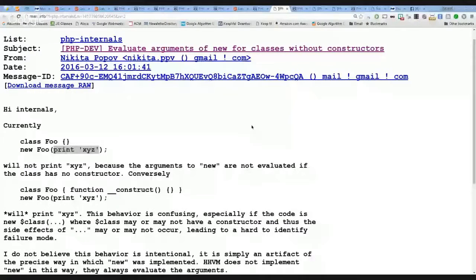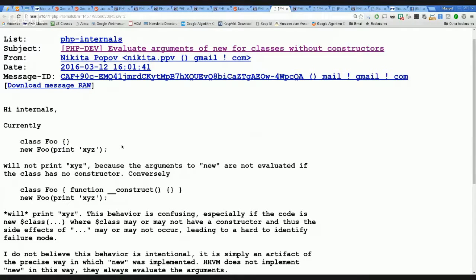There is a discussion here that I found surprising because it is a use case that I think almost nobody deals with, which is something that Nikita Popov found out, that if you have created an object and passed some parameters to the constructor, but the class does not have a constructor, the parameters will not be evaluated.